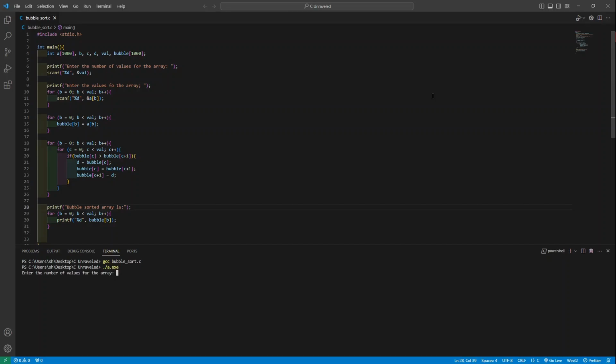./a.exe. So suppose we want to give 5 values, and the values are 90, 70, 20, 50 and 10. Now if I click enter, you can see that there is, let me do some corrections. First of all, here would be 1. And then we didn't put any space, so it looks like this. Now when we rerun it,